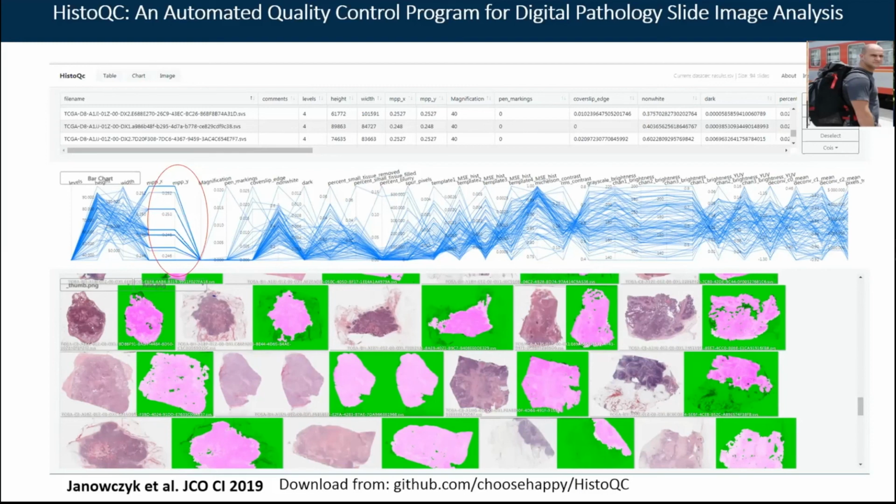So that's a long answer to an important question. These are a couple of the strategies that we've instituted in the development of our approaches for addressing some of these pre-analytic